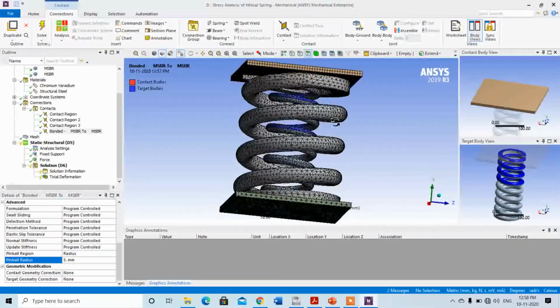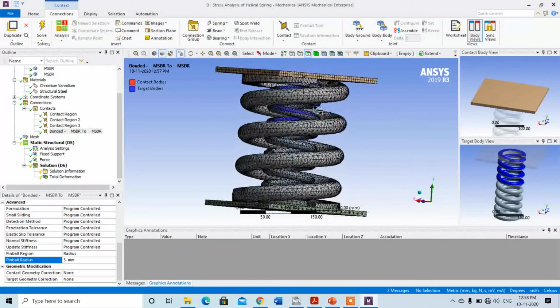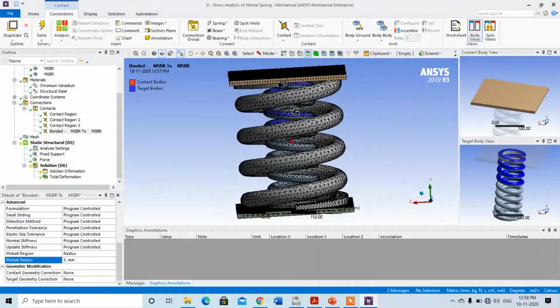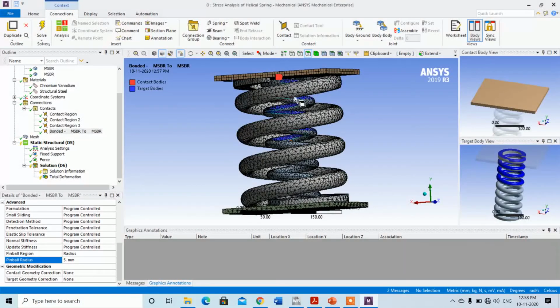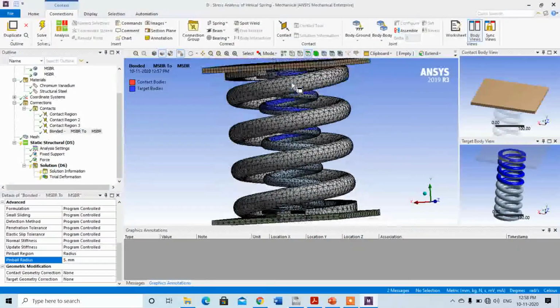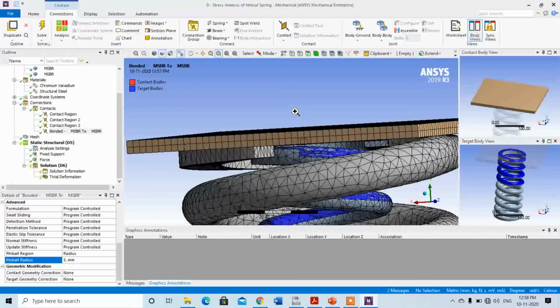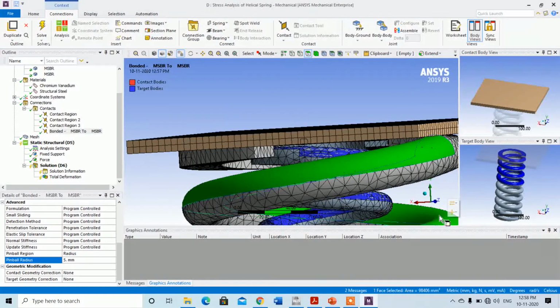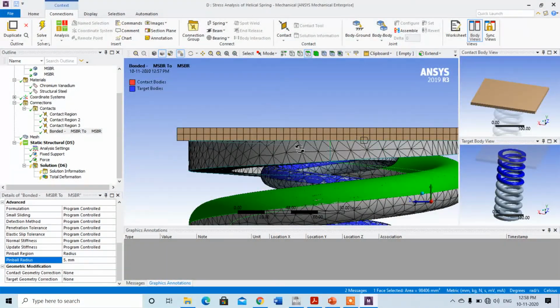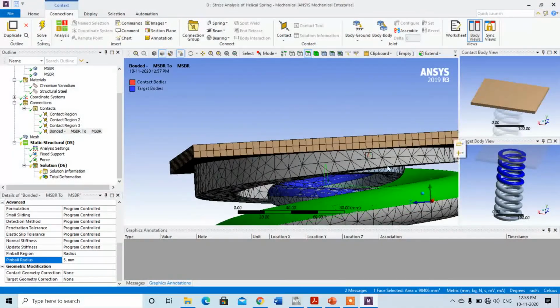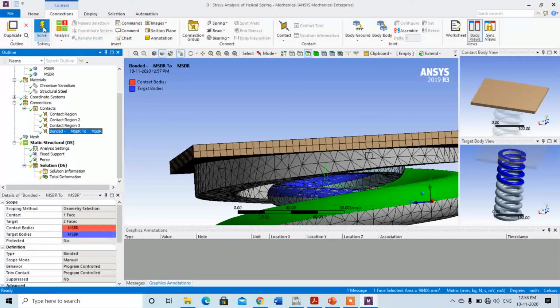This is not a ball, that one. Actually, it should appear at that gap. If it is not appearing, then it is okay, no problem. It is not appeared. Yes, it is available. We can check by zooming in. No, it does not appear. No problem. We can go to the analysis again. So we have provided a pinball radius of 5 mm. Try to solve again. Just click on solve.